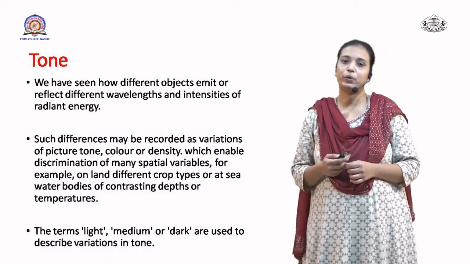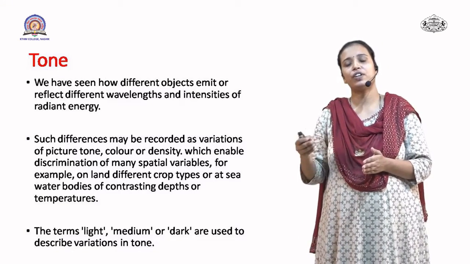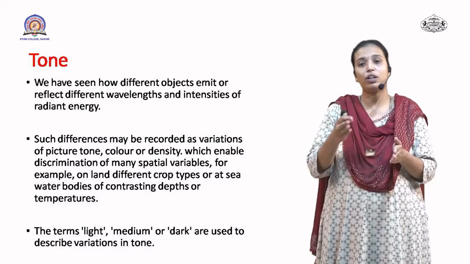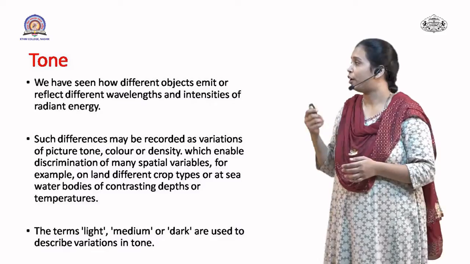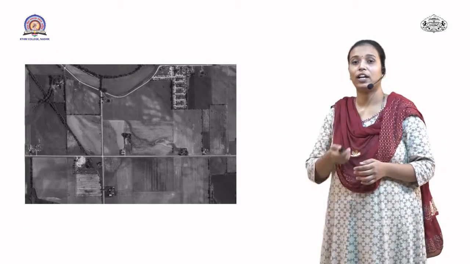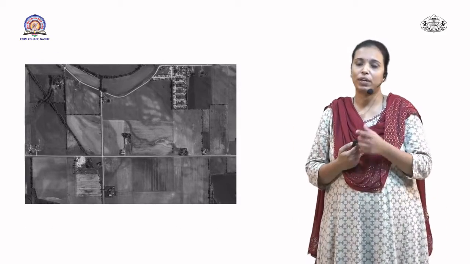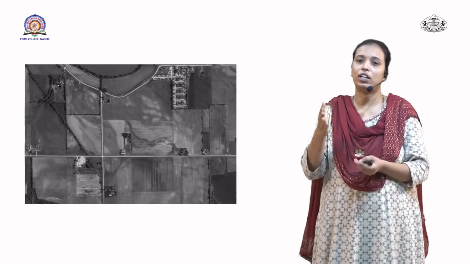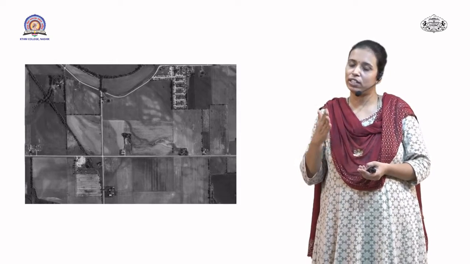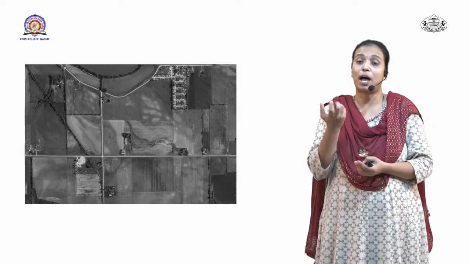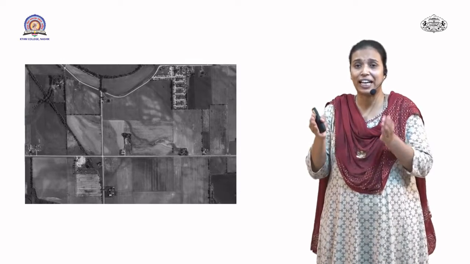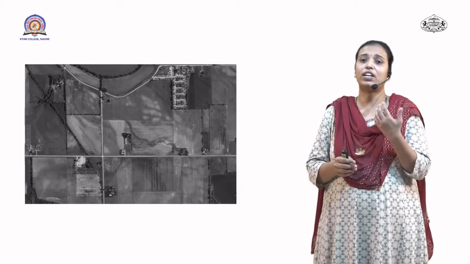Now we'll start with the tone. So tone is related to the color, how the color is differentiated into different shades. So this tone is divided into light tone, medium tone and dark tone. If you have seen in the last point, light, medium and dark are used. So light means the light which is reflected may be in less wavelength. Medium tone is medium wavelength, and dark means the absorption of light is very high. So if there is an object with very dense characteristic, it has a dark tone.